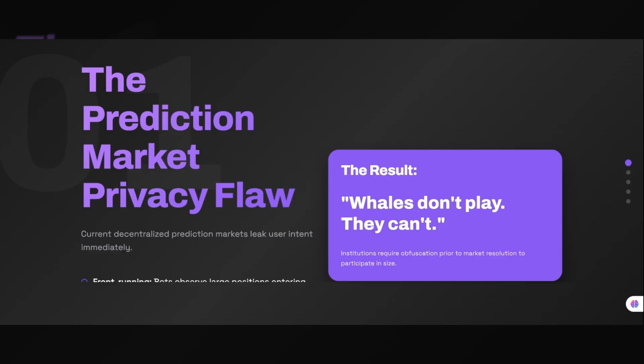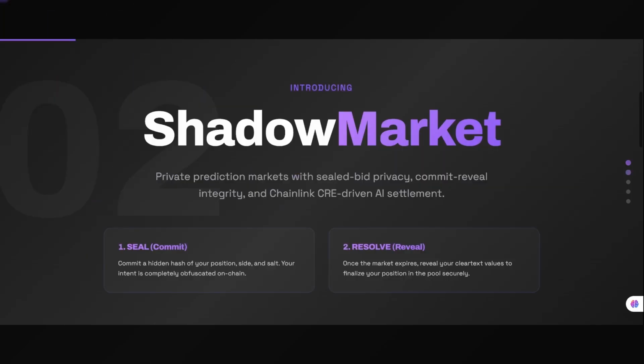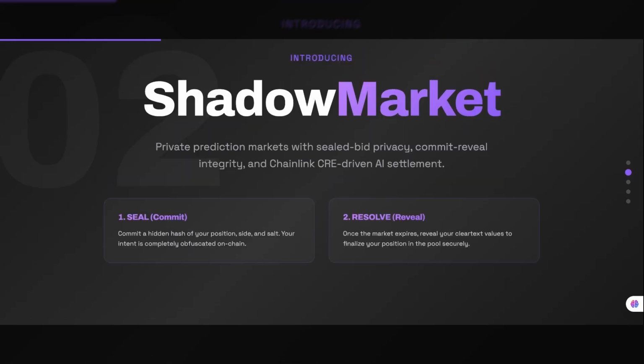The result? Whales and institutional players don't play. They can't play because doing so exposes their market thesis to the public prematurely. To bring institutions on-chain, they need obfuscation. Introducing ShadowMarket. ShadowMarket solves this with private prediction markets using sealed bid privacy, commit-reveal integrity, and Chainlink Confidential Runtime